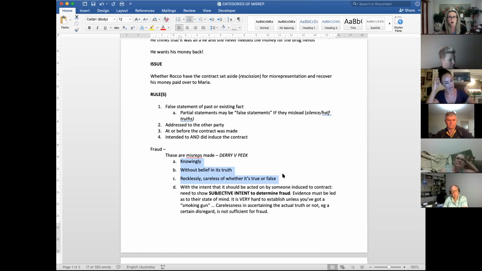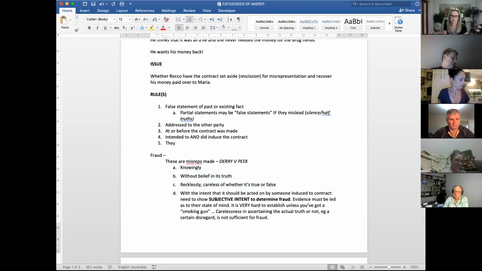That is, you have to be able to show that they told a lie, right? Or B is a bit more like negligence, without any actual belief in its truth. It'll still be fraud, but it's a slightly different form of fraud, isn't it? It's like gross negligence. They had to show they relied on the statements. Yes. It's very difficult to show.